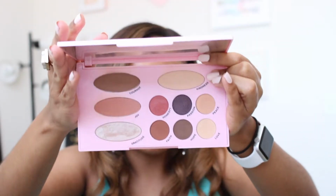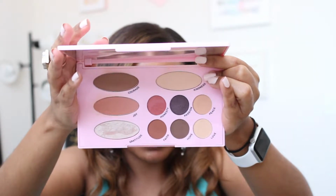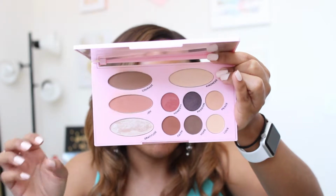So this palette is called the Neats, which I haven't even said because I'm so excited and all over the place. I apologize for that. This palette, as you can see, is one of those palettes that is more complete, and I am super excited for it, because I have been thinking about which palette I can use to travel with, so I can minimize the amount of products that I take with me. What got me the most excited was knowing that this palette not only has eyeshadows, but it also has